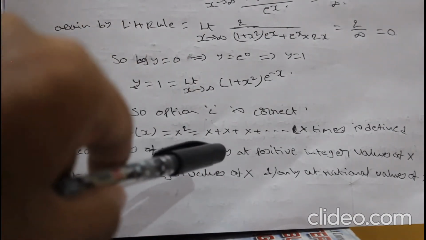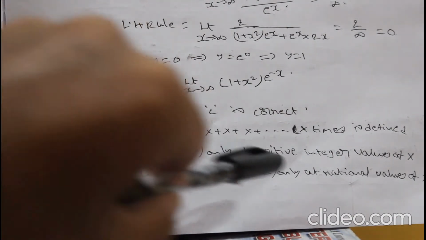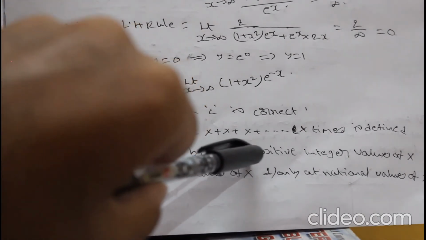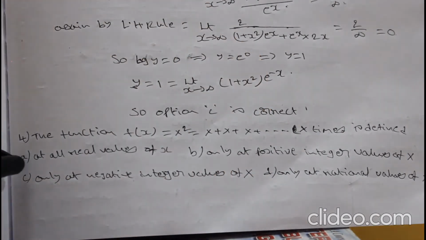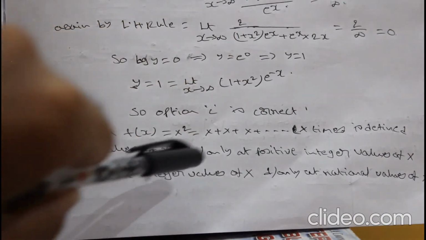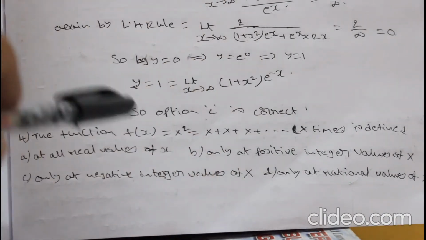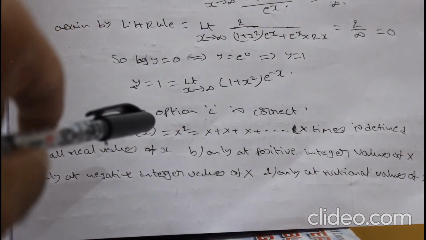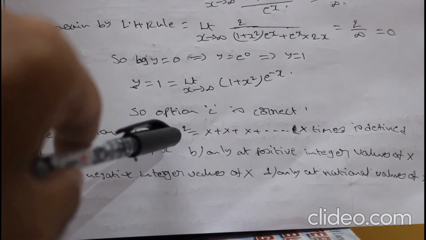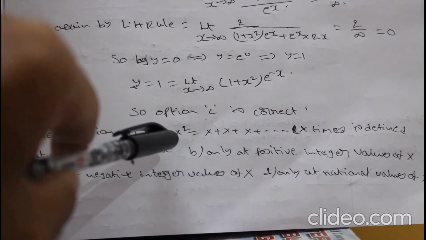Okay, so first we will see these 3 steps. If it is defined in all these 3, then it will be option A. If it is only among these 3, then that will be the answer. So look at the first one, only at positive integer values of x. So positive integers means 1 2 3 4 5, like that, positive values. Look at whether those are all satisfying or not. Just we have to verify.